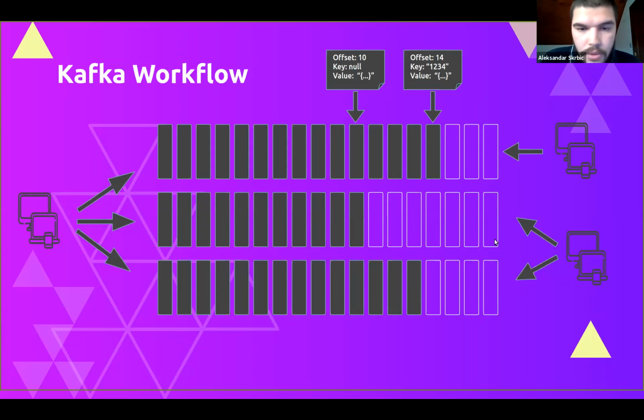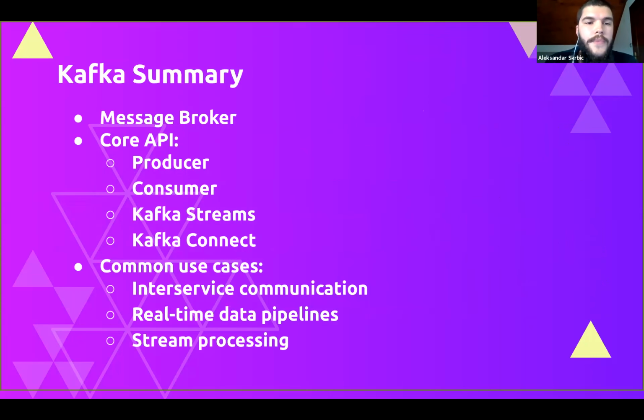So just to sum up what we learned about Kafka. Kafka is a message broker. It has 4 core APIs: producer and consumer API, and Kafka Streams and Kafka Connect. They are more high-level APIs, and they're built on top of producer and consumer APIs, but they're out of scope